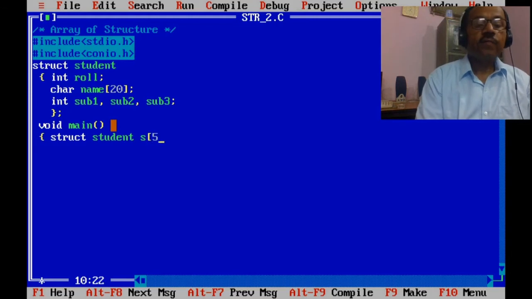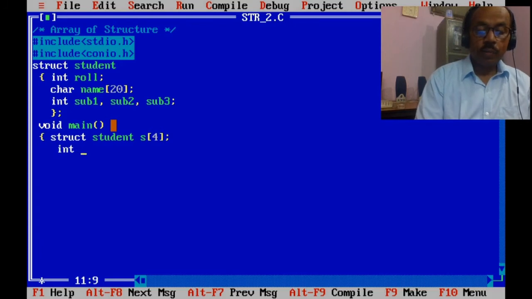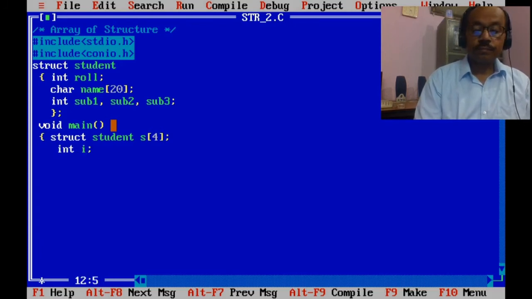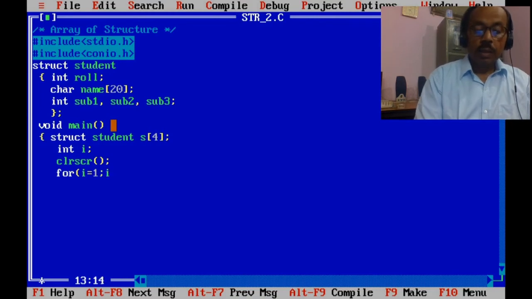Let's take 5 elements or 4 elements, 4 only. int i; clrscr; for i is equal to 1, i less than equal to 4, i plus plus.